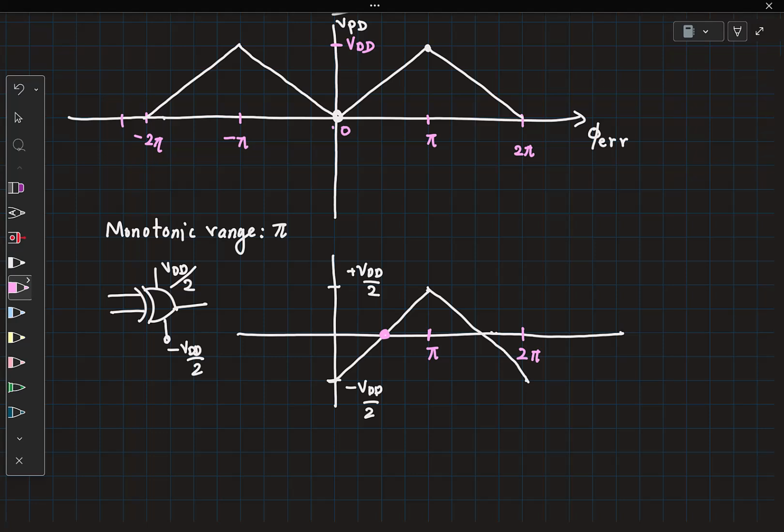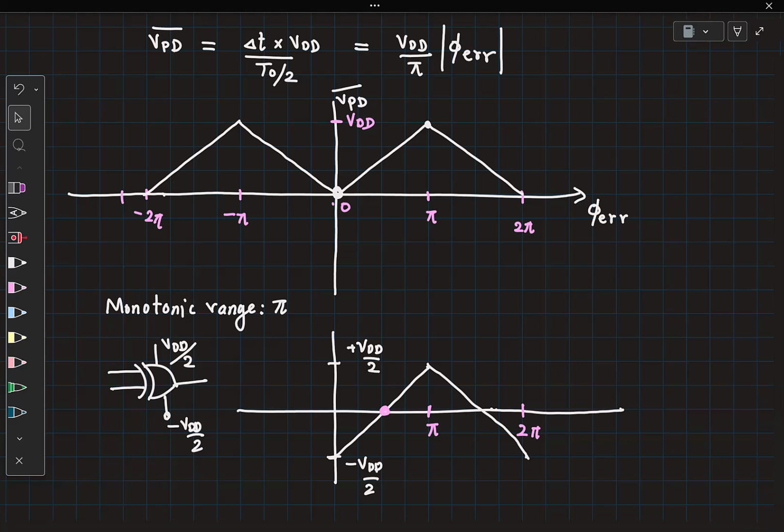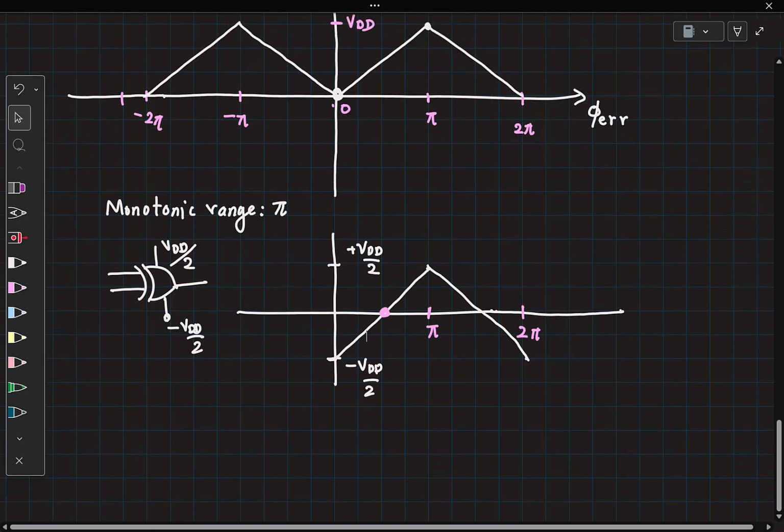Right? And this is true for a lot of the PDs that you will study. If you wanted to shift the locking point, it is possible to either introduce a voltage level shift or add an intentional phase offset somewhere in the loop and then shift it. So these nuances will become clear as we move forward. But for now, I want you to simply focus on being able to plot a VPD average versus phase error and then identifying a monotonic range, a possible locking point given the characteristic. And what is the next step that you want to look at? KPD, right? Can you plot KPD versus phase error?